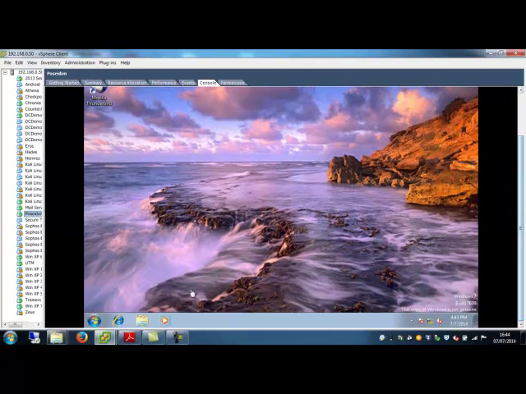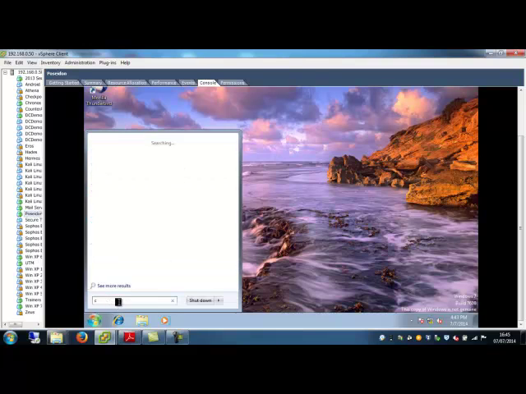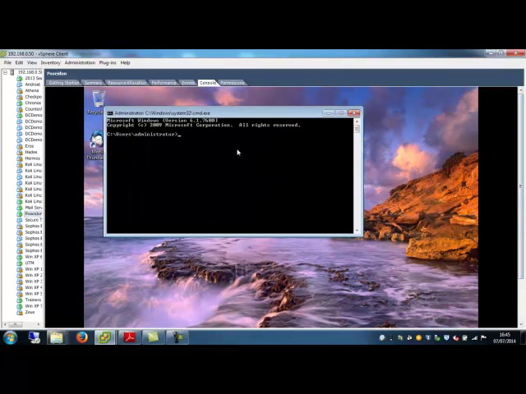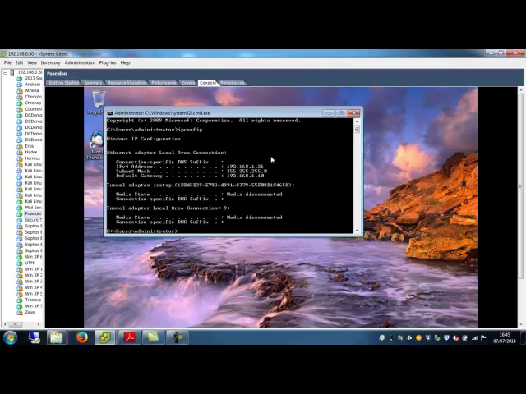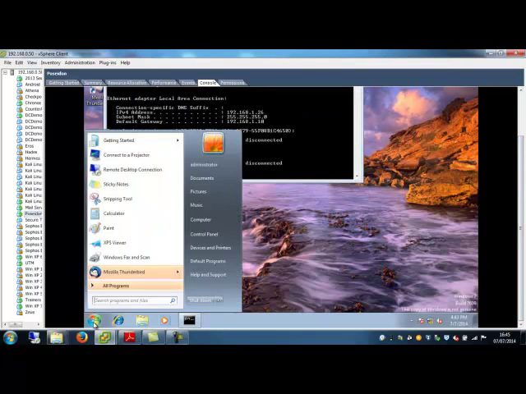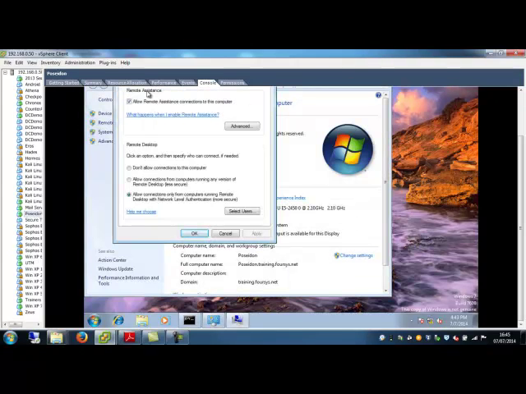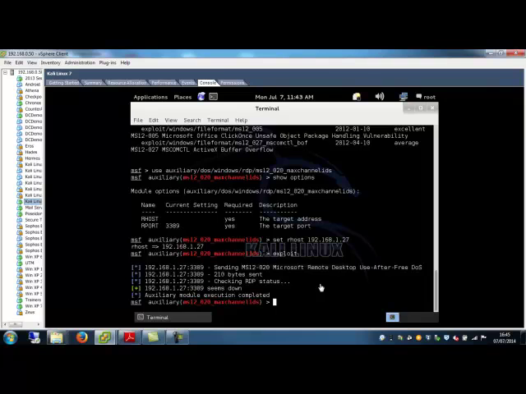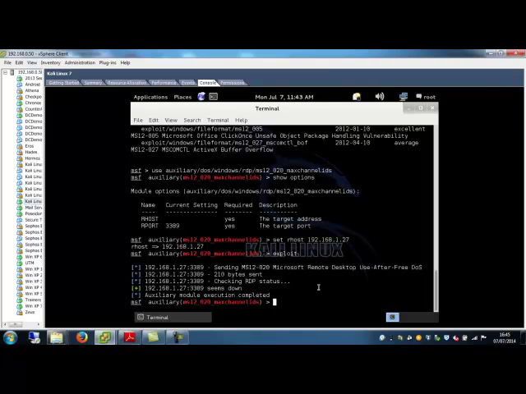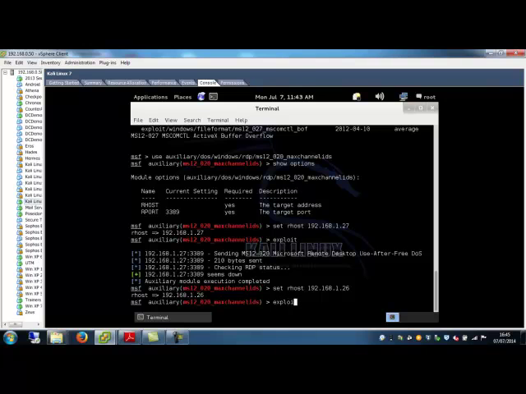Here we've got another Windows 7 machine. If we take a quick look at the IP address on here, we've got 1.26 in this particular case. If we go here and have a look at the remote settings, you'll see we've got the remote access there, but we've got this more secure option down here. So if we go back to our Kali Linux machine, and set the host to be 1.26 instead of 1.27, and look at exploiting that,